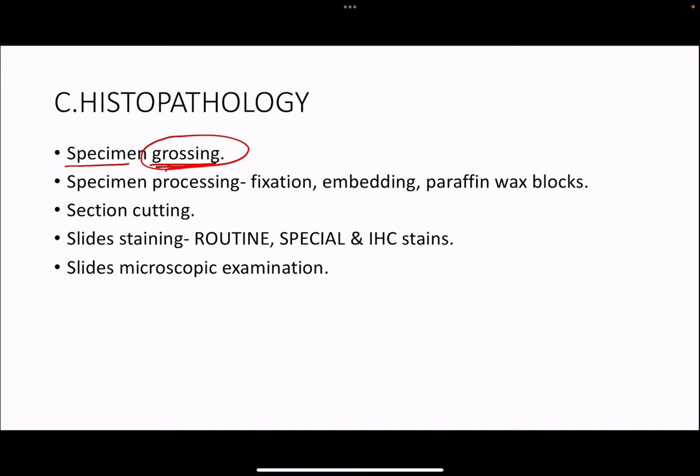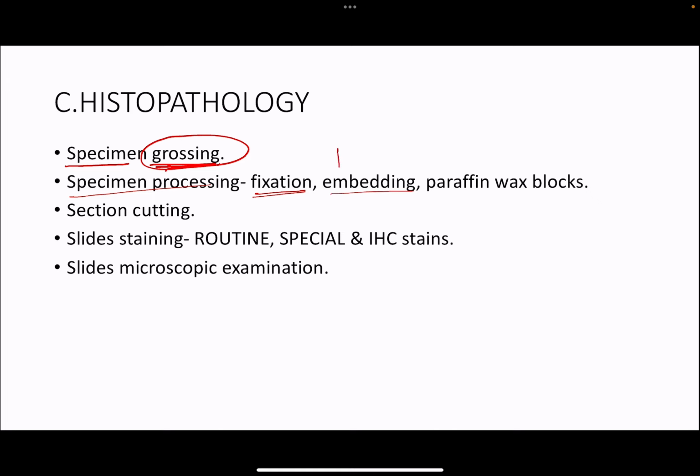After grossing, there are certain protocols for each organ about how to gross. For those, there are a few manuals and books that I'm going to tell you about. After grossing, that is, cutting them into pieces, you keep the specimen for processing, that is fixation. First, you fix the tissue using formalin, and after you cut the tissues into small pieces, you embed them